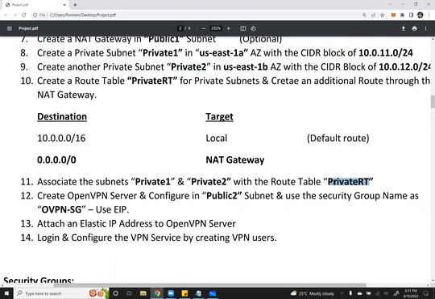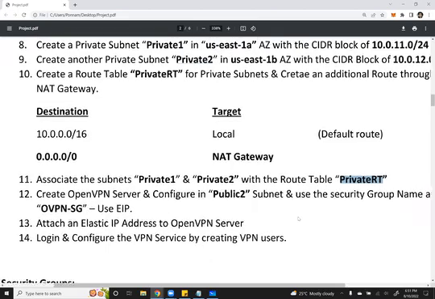Now we need to create the VPN server, because after that, if you create an EC2 instance, to manage the EC2 instance also, you need to log in, right? And we decided not to open any ports to the public. And the VPN server requires an elastic IP address, because if you stop and start the VPN server, the IP address will get changed. So I need a fixed public IP. So we will allocate one elastic IP address, and then we will create the VPN server,